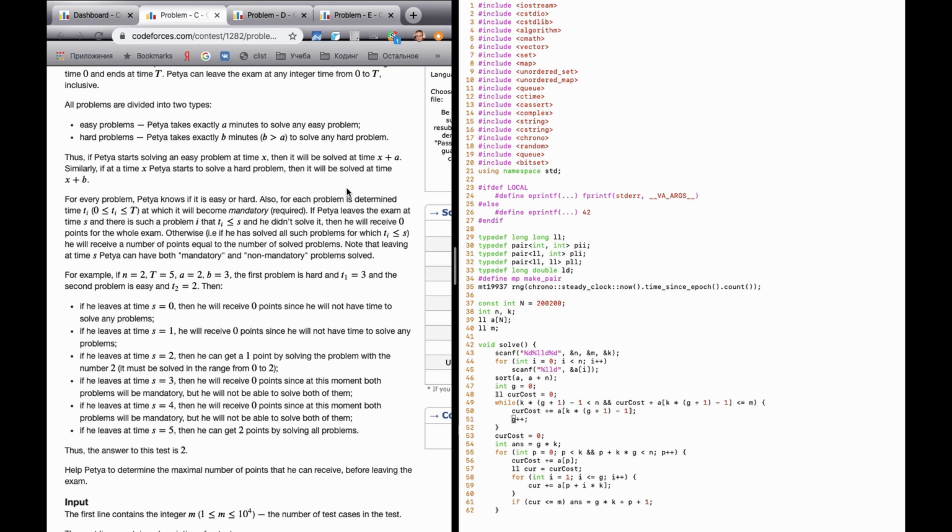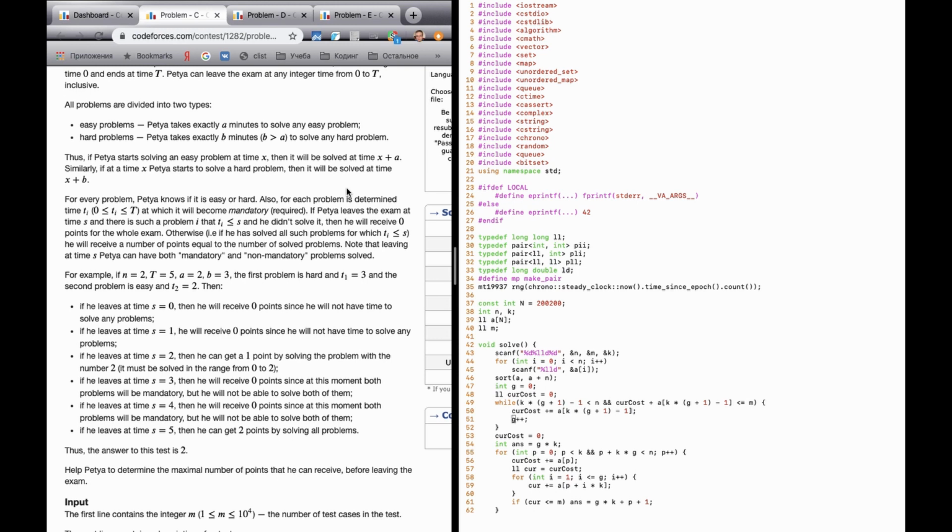We could use something like lower bounds, but we could just sort all the problems by the time they become mandatory, and go from left to right, and just maintain the sum of times, how many easy problems are left, and how many hard problems are left, and we just try